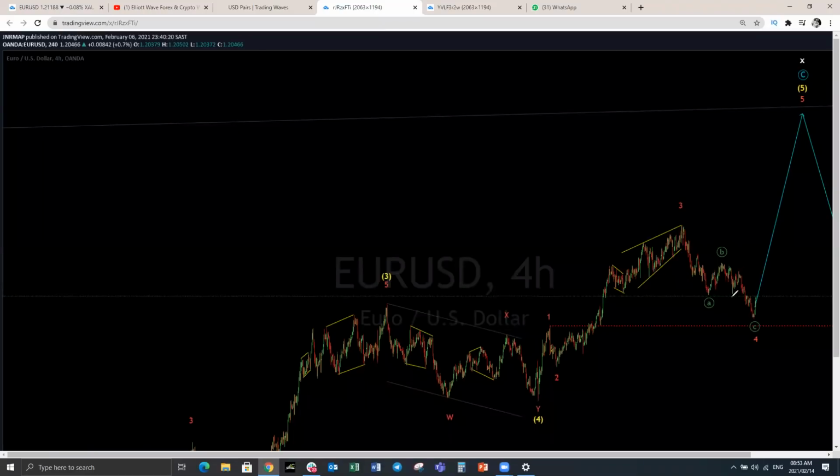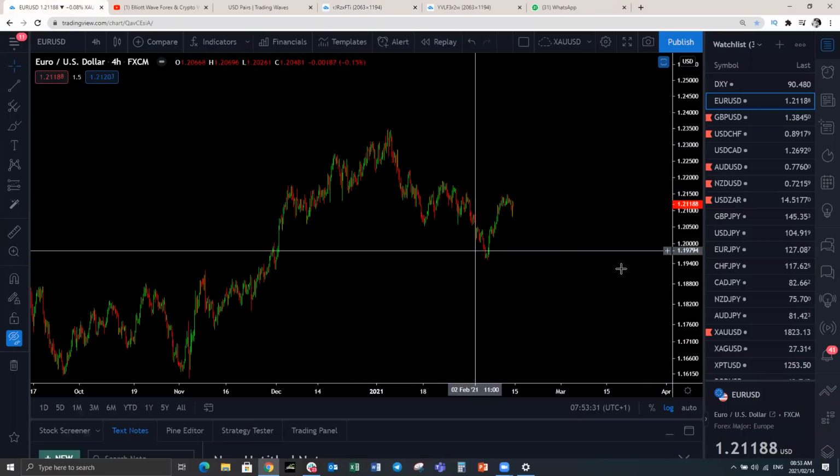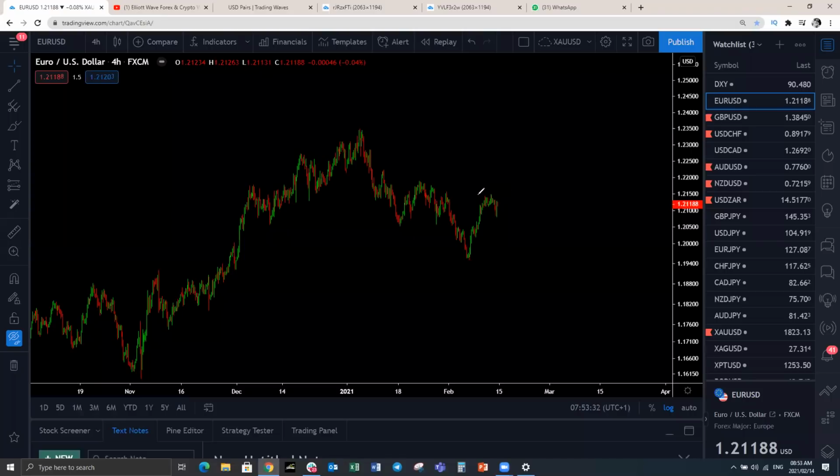Euro US dollar on the 4-hour, the inverse of the DXY. As you can see, we are here, 3 waves. Right here, we expected the Euro US dollar to continue to the upside. Now we've made an impulse here. We're making this corrective structure, very good looking corrective structure, textbook setup almost. So we'll be looking for this to continue to the upside. So Euro US dollar, look for continuation to the upside on this corrective structure here, upside. 1, 2, 3 pullback, and we're expecting upside.